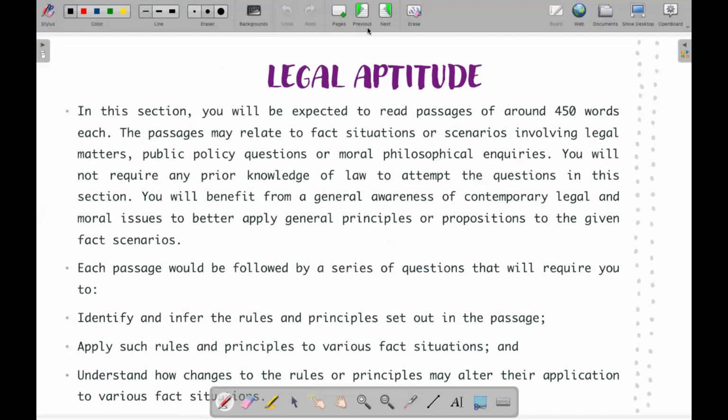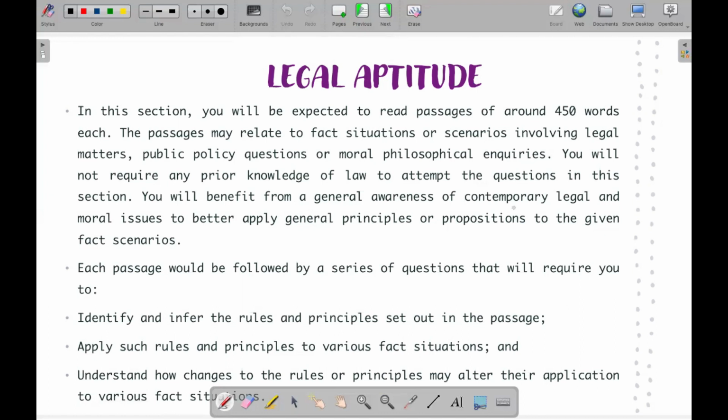The next section is legal section. The legal section is again reading comprehension oriented. You will have passages of yet again, like words around 400 to 450 words. These passages can again be derived from editorials or legal articles from the newspaper, or they can just give you hardcore law from the theory books, basically. Okay, so your job is to read those passages and to understand what the lawyer is trying to talk about, what kind of law they are referring to.